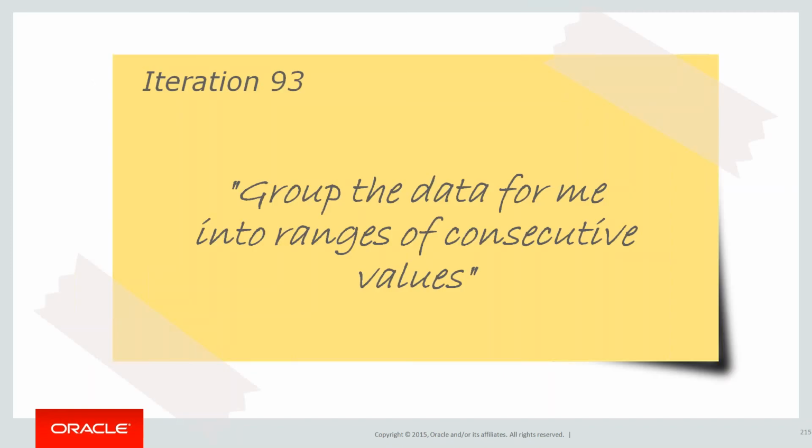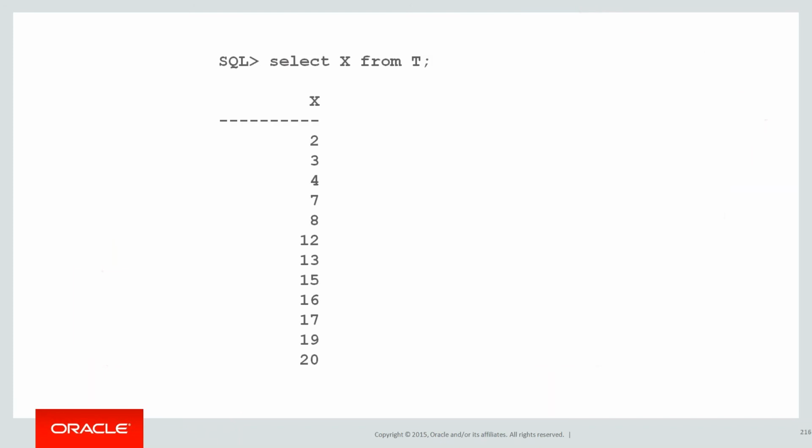Grouping data into consecutive ranges. This one is totally non-analytics at all. Here I have my sample data. What I want to do is look for contiguous sets. So 2, 3, 4 should become 2-4. 7 and 8, then there's a gap. So then 12, 13, then there's a gap. 15 to 17, 19 to 20. I'm going to fly through this example, but it's really an example of showing you how we can start building up lots of analytic functions to solve requirements such as this.